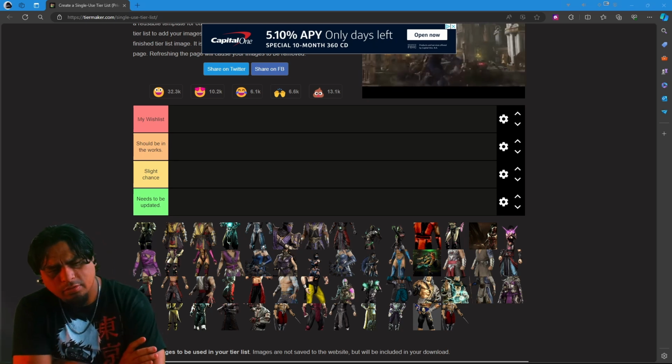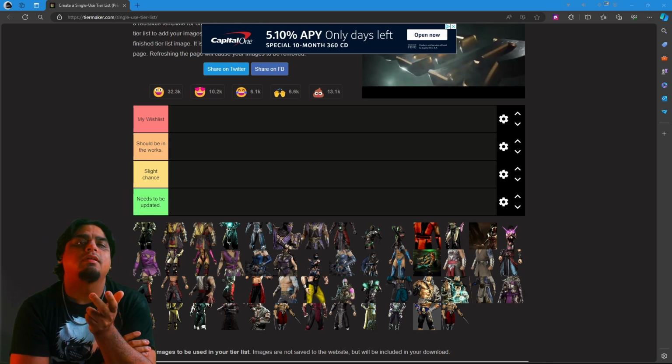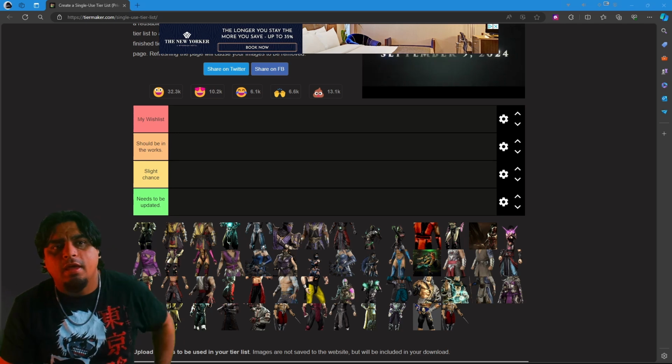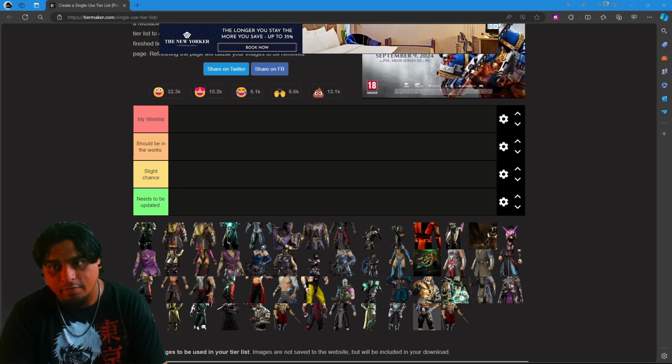So in this video, we're gonna be doing something a little different. I created this tier list of skins that I would like to see, and basically we're gonna go through them and put them in a category of which ones I think could possibly make it. I think it's possible for any skin to make it into this list, if I'm being honest,